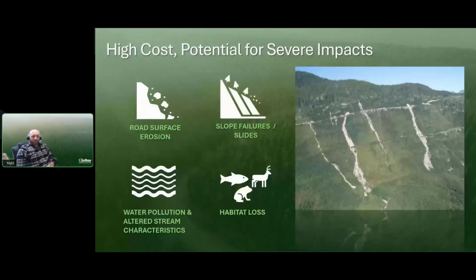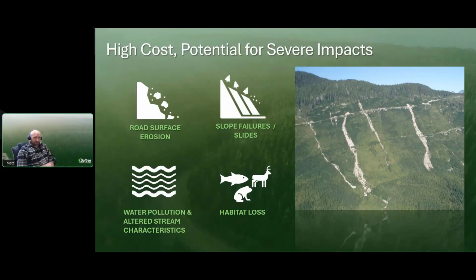Now, roads, as I alluded to, have a cost rather than just the monetary costs. Roads are oftentimes associated with contributing to erosion and sediment delivery. They also can contribute to slope failures and slides. Both of those impact water pollution and stream characteristics.